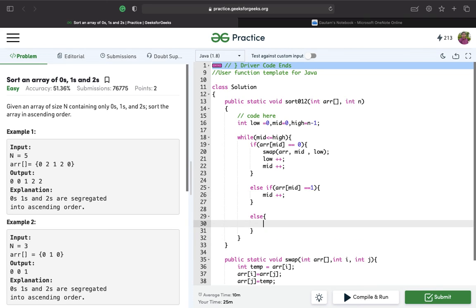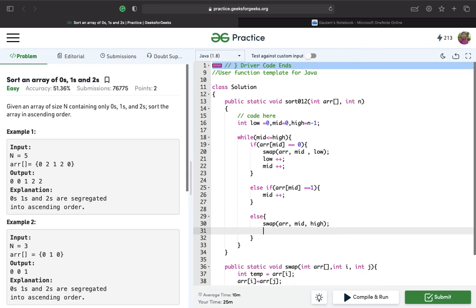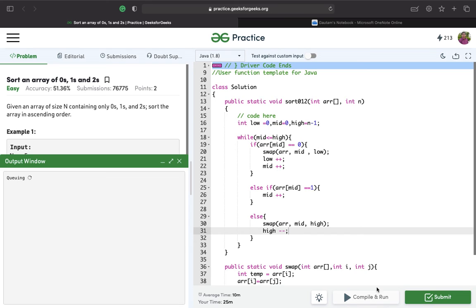Else if ARR of mid equals 2, we'll swap mid with high and decrement high. Let's compile it. So the output is correct, it's sorted.